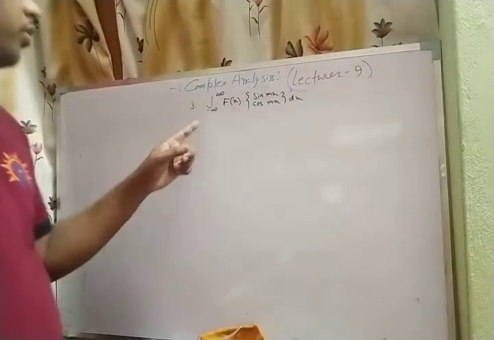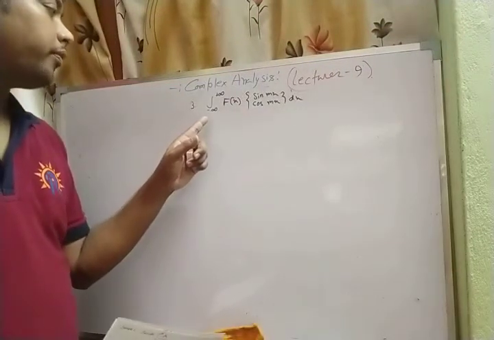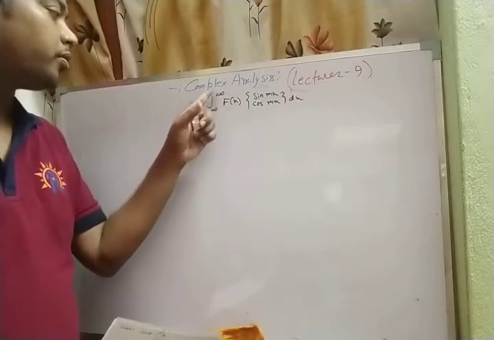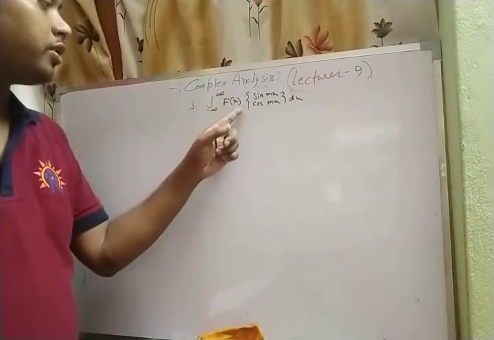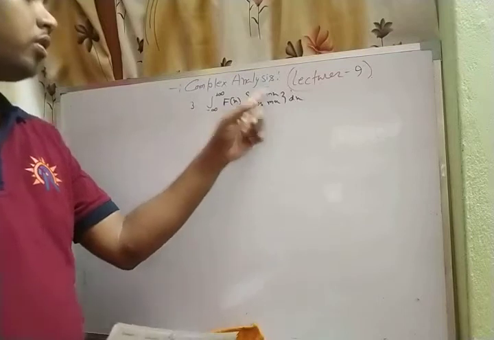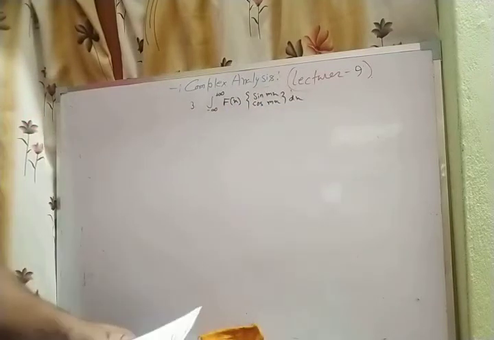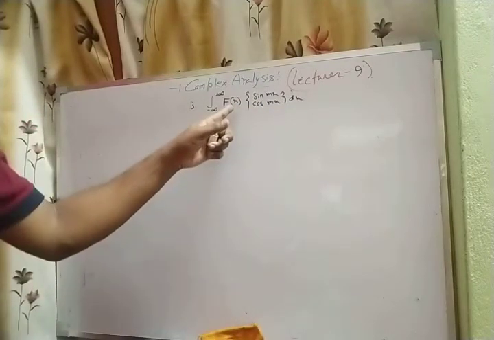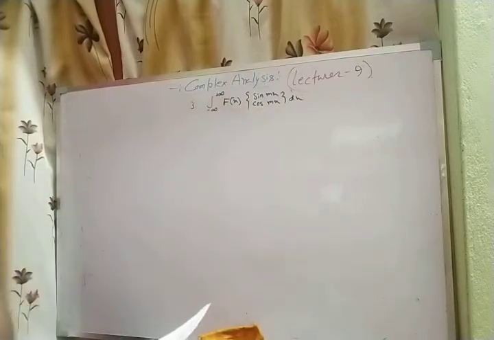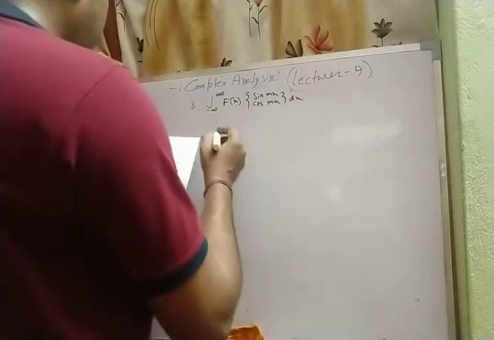Welcome all of you, and today I would like to discuss the definite integration of type minus infinity to plus infinity, where a function of x is multiplied by a sine or cos function. That is the mixture of f of x and sin x, cos x, or whatever the combination. So let us take an example.